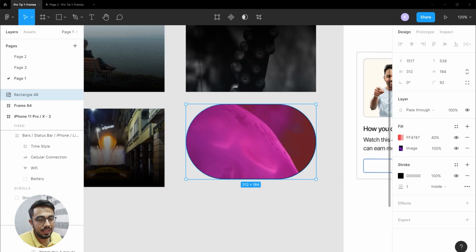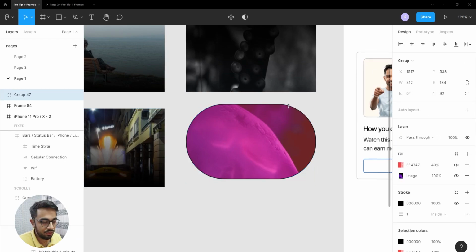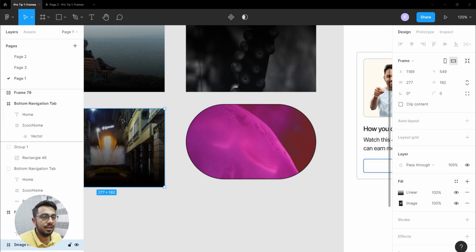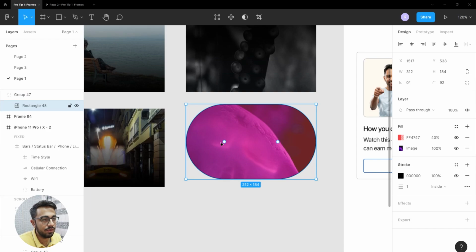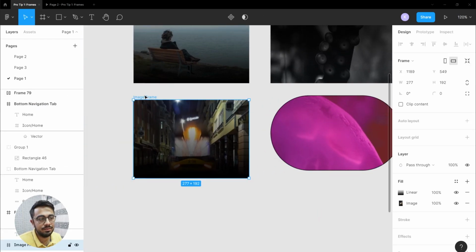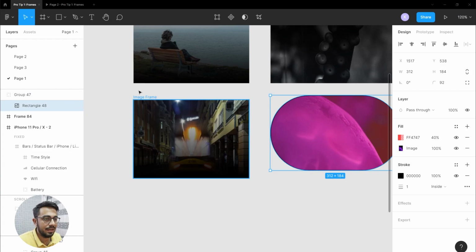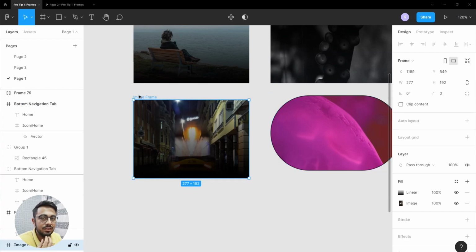Okay, but in case of a group, if you made it a group, you'll have to add another rectangle element inside it, and then add an image on top of it, and then add another rectangle for gradient, which is not true in Figma, but this is how you can reduce the number of steps or reduce the number of layers by using only one frame. So in a group, you'll have to add a rectangle and then add an image, but inside a frame, you can add an image to the background of the frame itself.